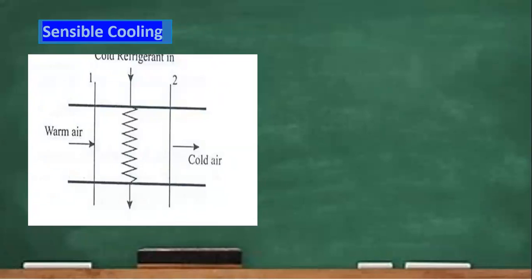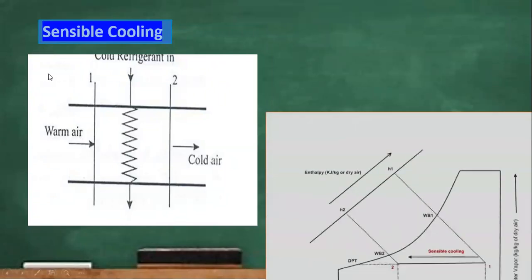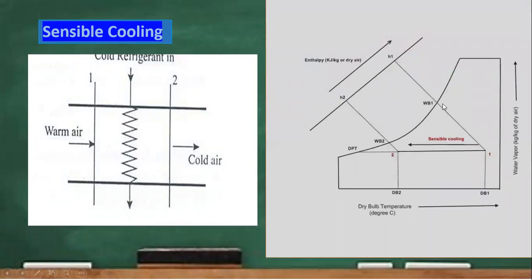Now we will represent this process on the psychrometric chart. Here is a pictorial view of the psychrometric chart. So point number 1 is here, and as I told you, we will consider the cooling process. During the process, the dry bulb temperature is DB1 here. It is the highest temperature. The temperature decreases, but the omega value on the right-hand side y-axis, water vapor, which is also called moisture content or humidity ratio, both are the same. So the value of omega at point number 1 is the same as at point number 2. That is the first point you need to note. And the second point is that temperature decreases.